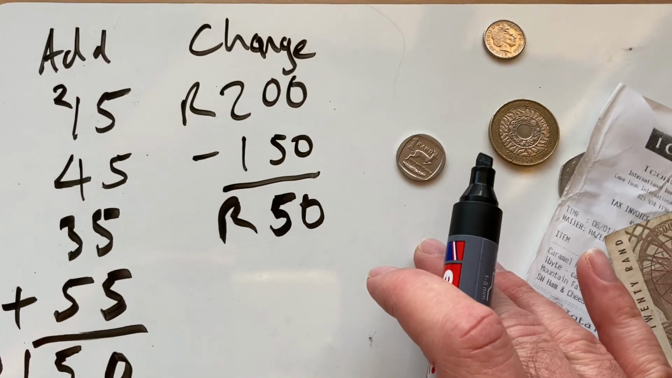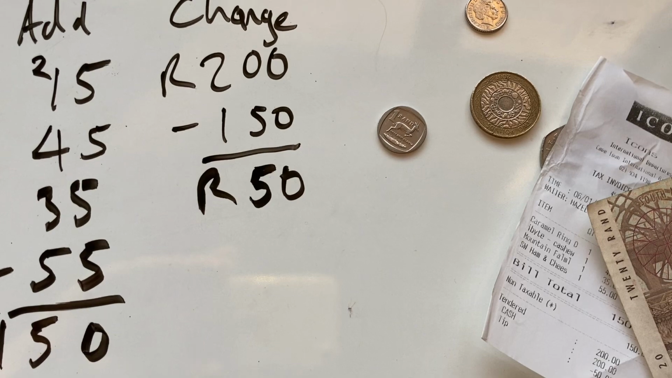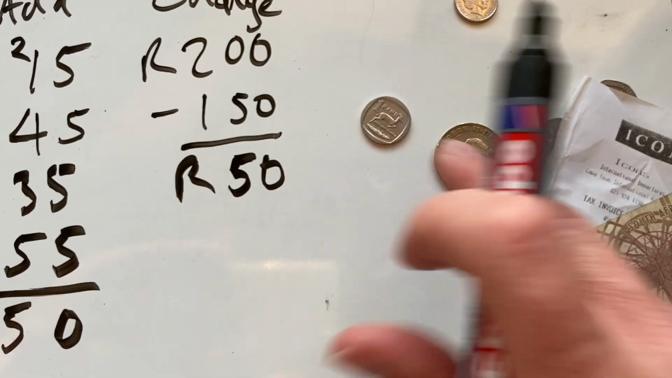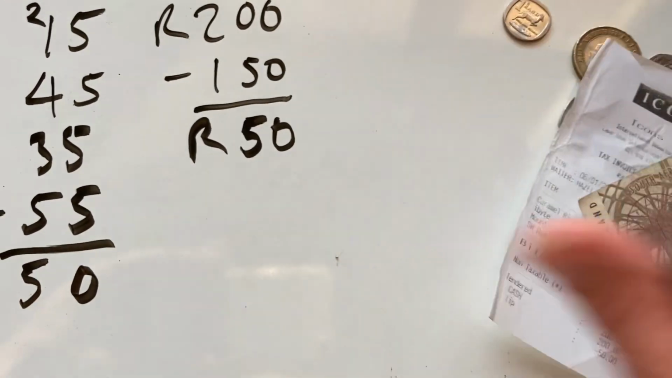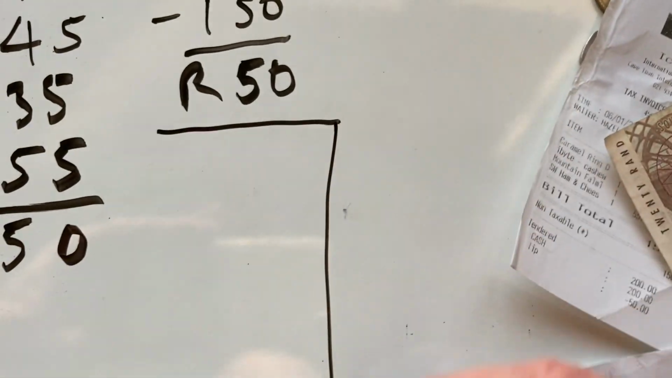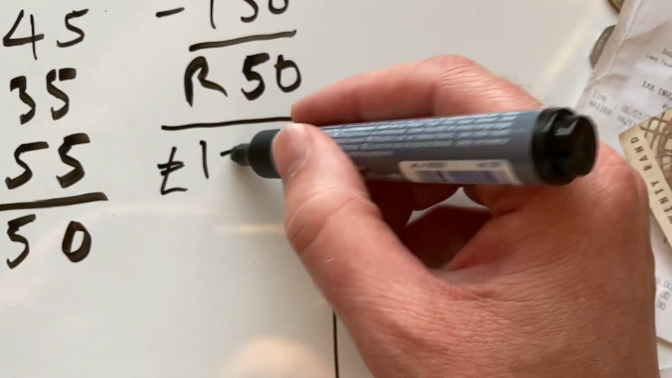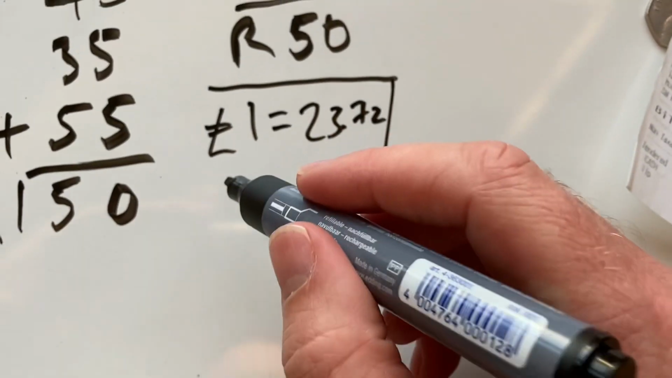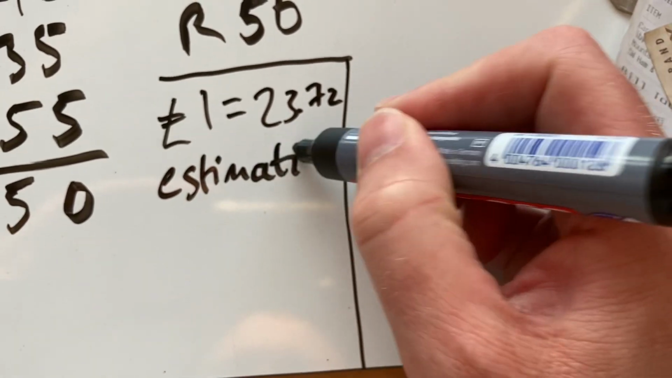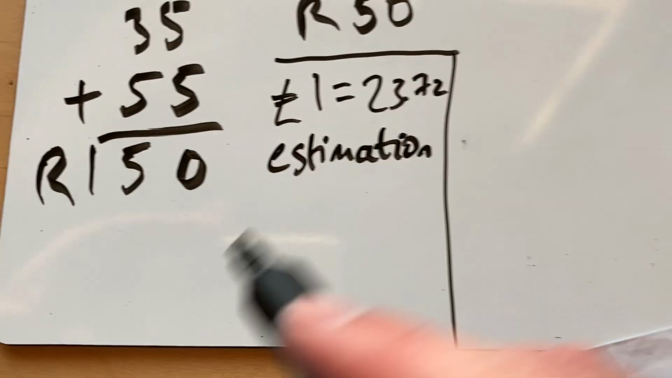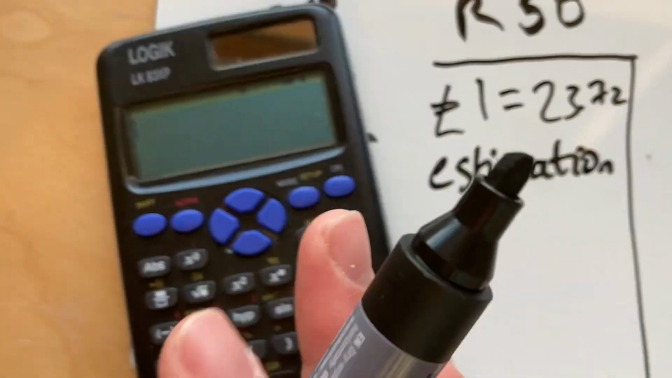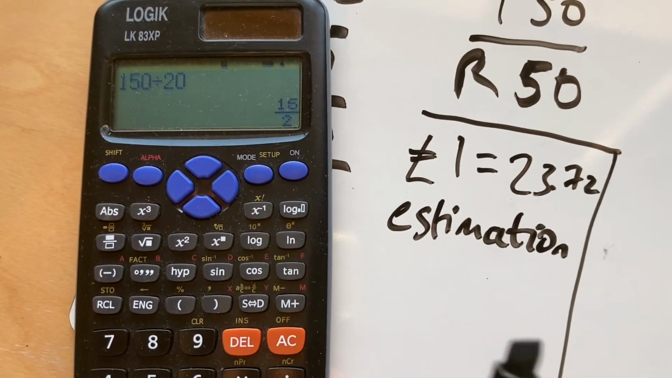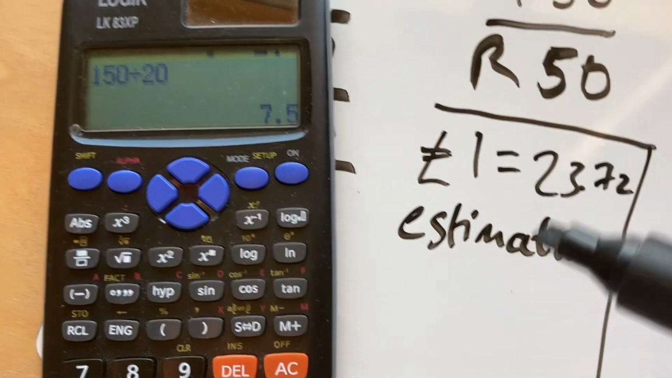Now, for those of you who are in South Africa, we know what that equates to. But if you're in the UK and you're dealing with pounds and not with rand, we want to know what that's worth. So I'm going to look at today's exchange rate, and currently £1 is 23.72. So firstly, I'm going to do a bit of estimation. I'm going to say that that's roughly 20 rand. So I'm going to divide 150 by 20. 150 divided by 20. It's going to cost me 7.5, roughly